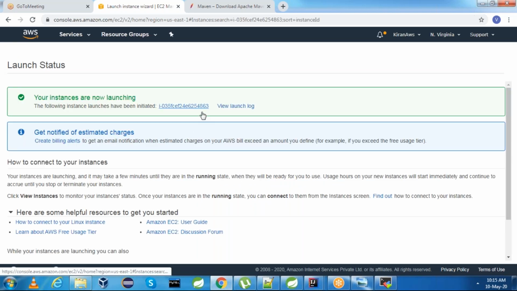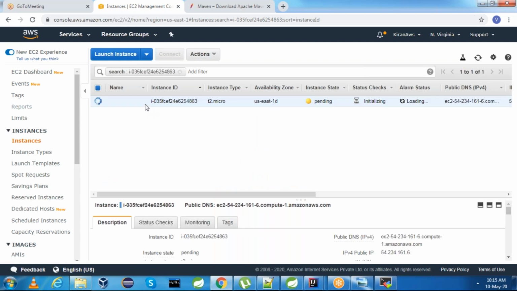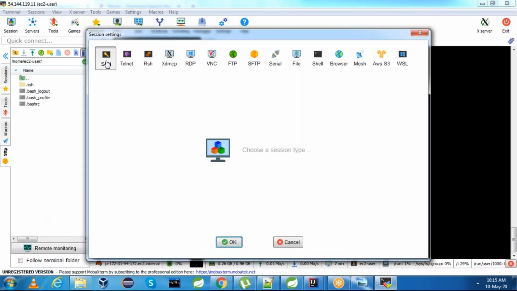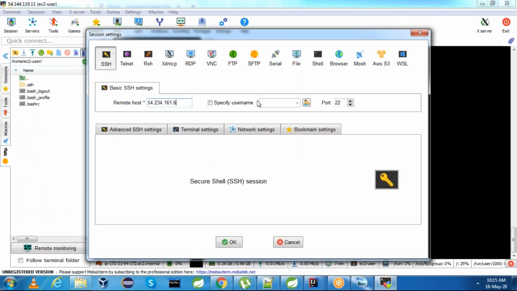This is just to make sure whatever the user you created, you are able to connect from another server or not. Copy the MySQL client IP, go to MobaXterm, create a new session, SSH. This is the remote host, specify username, EC2-user.